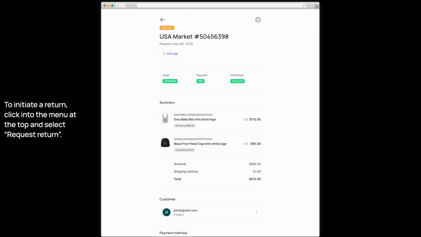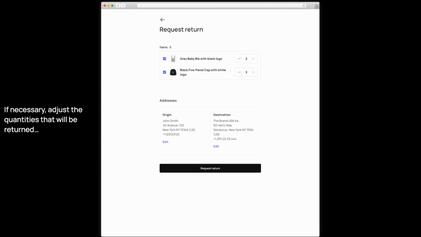Now let's say I've had a conversation with a customer and I now want to manually initiate a return for this order. I simply click into the menu item at the top and select Request Return. Upon doing so, I'm now presented with the option to adjust the quantities that I want to return. I'll do that because my pretend customer has told me that she only wants to return part of the items in this order. After I select the quantity that's going to get returned, I can click the button and request